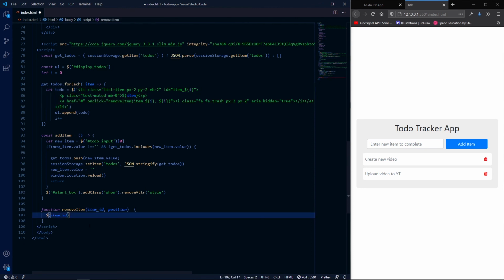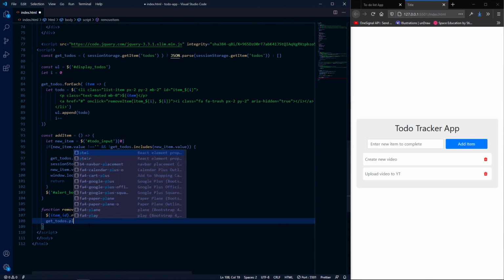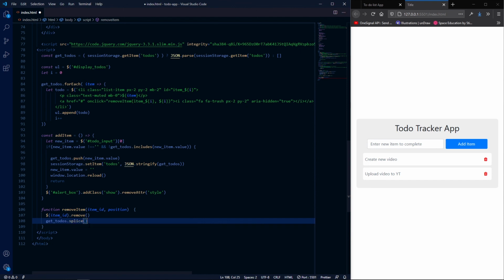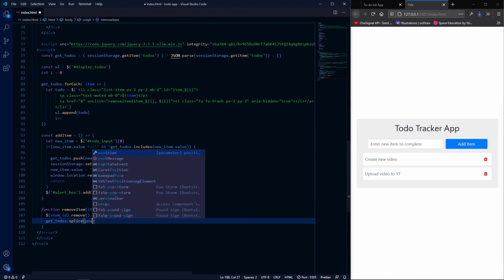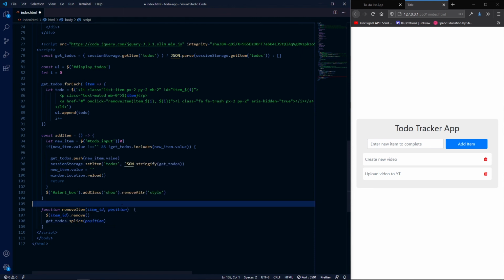So get element by ID, and what I'm going to do is the following. Once I've got that element by ID, I'm going to say ID dot remove. Okay, because I'm using jQuery, I can just call the remove on it, and then what I'm going to do is also update my array, get underscore to do's, which is my array, dot splice, okay, and then what I'm going to do is splice it at position, which is what I'm giving it over here, that position, which is being passed through there, and only one, remove only one item,